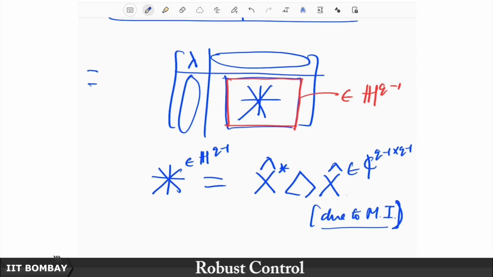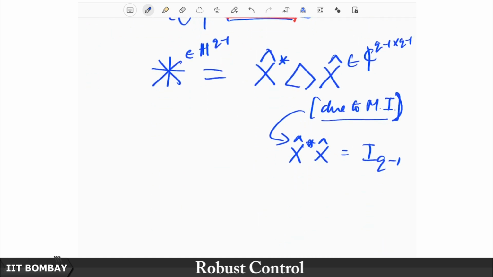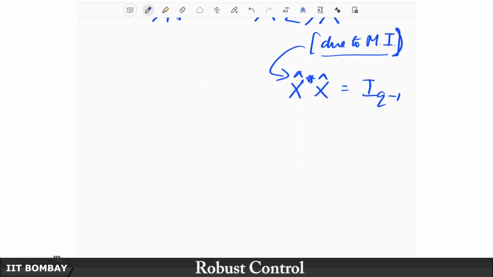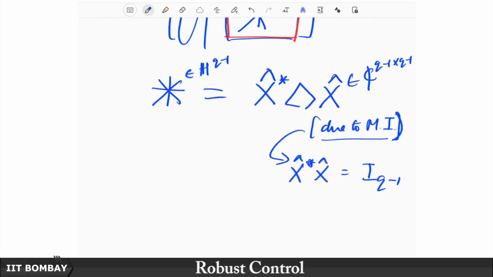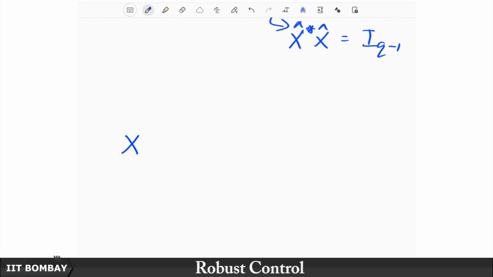This must also be a unitary matrix. So x hat star times x hat is also equal to identity of size q minus 1. This is due to the mathematical induction, the inductive step. So now, can we not then see that, suppose I were to replace this here, I have x star A x is equal to